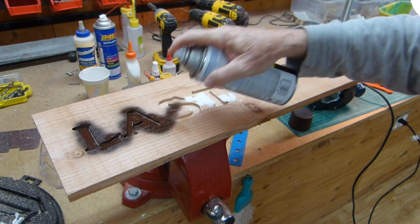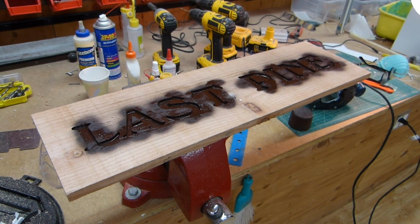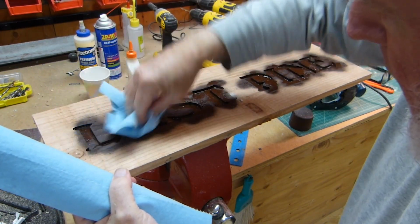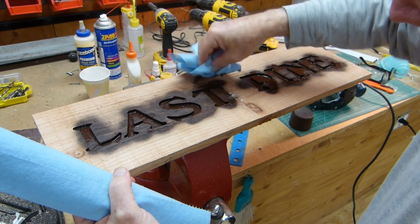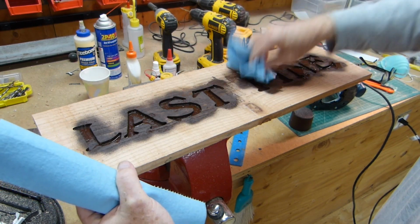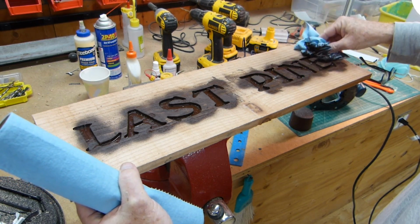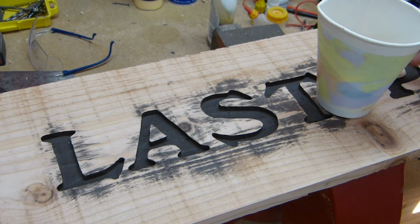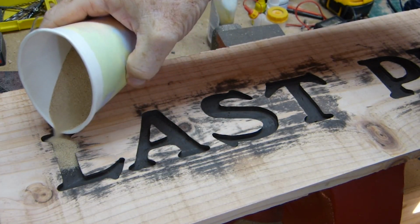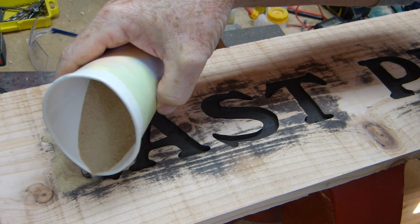So I painted the inside with black, did a couple of coats to make sure I got everything, and then removed the excess paint from the surface. My intention was to paint the rest of the sign red. And I was going to do that by covering up the black recessed letters with dry sand. So I filled all the letters with dry sand